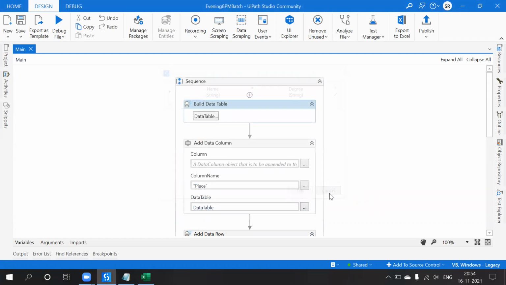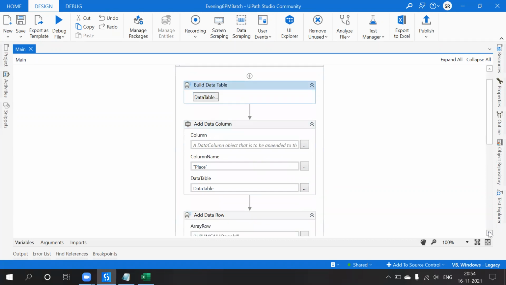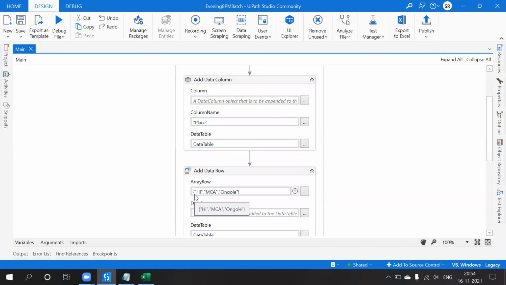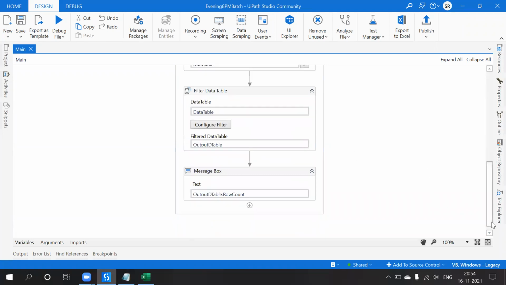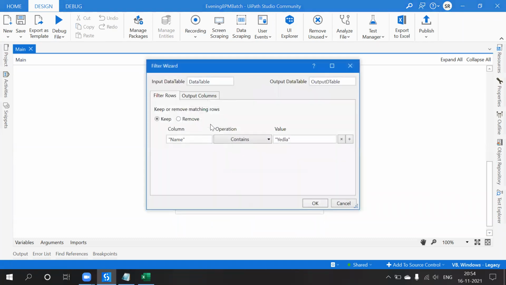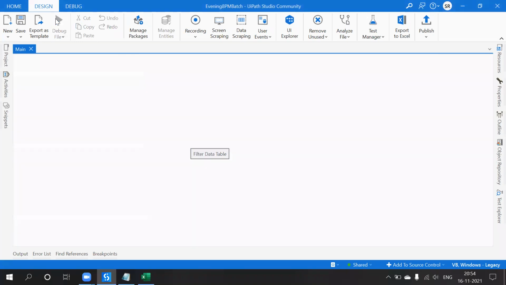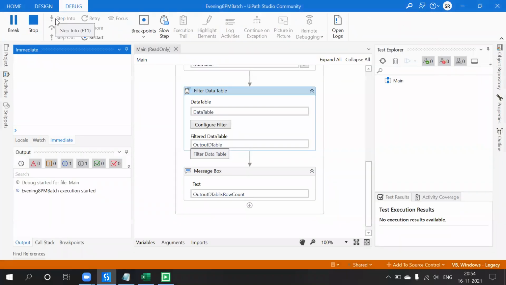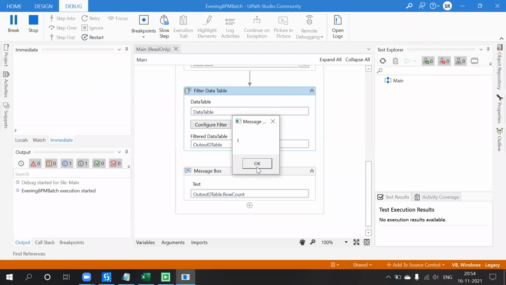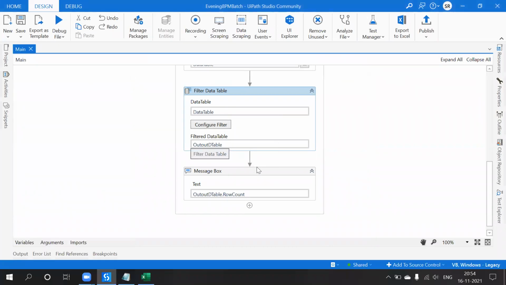But in name we do not have much data, we only have hi. That is why it is not filtered. Instead of that, what we have to use is hi. And check it. See, now we got the data. Got it? So this is how the data table can be filtered.